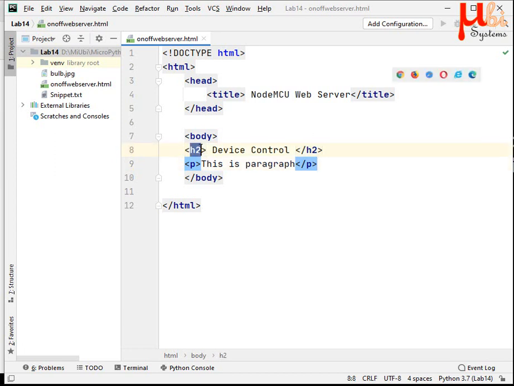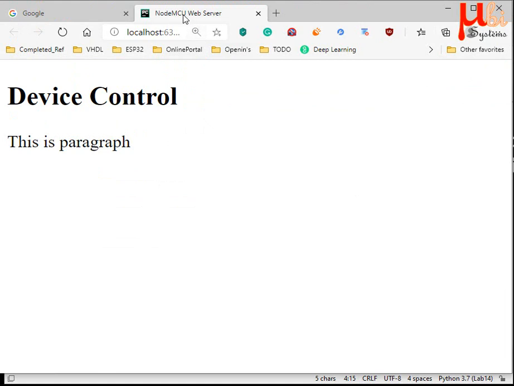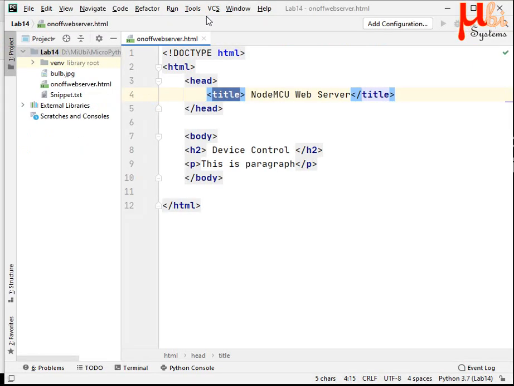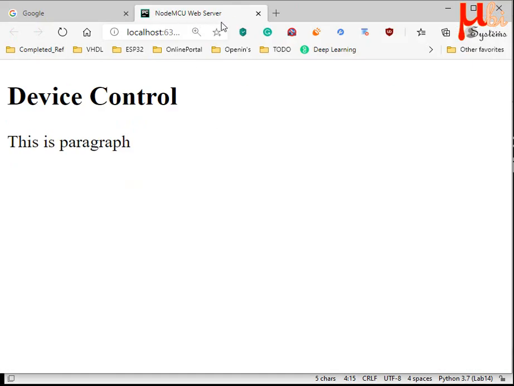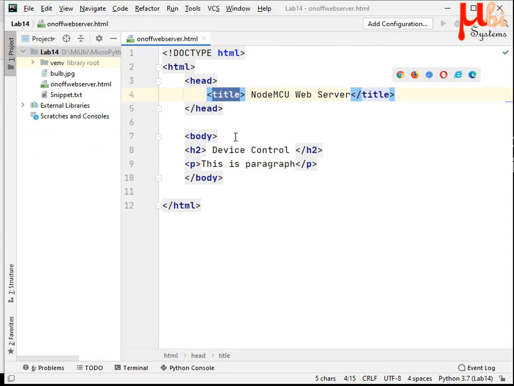H2 is an element, body is an element, head is an element, HTML is an element. In the language of HTML we call these elements. Okay, I did not tell you about the title. You can see it here, NodeMCU web server, the title of the page. Whenever you open it in the browser, it comes with that title. That is the role of the title.